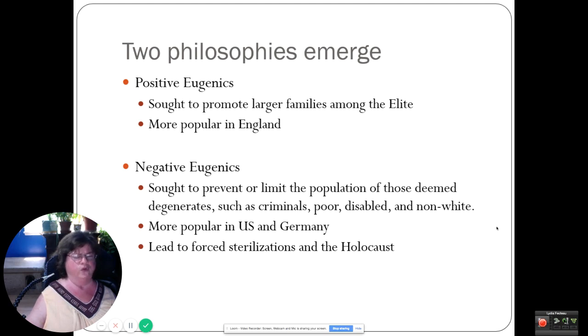So again, if you're trying to make the human race better, and your idea of better is blonde, blue-eyed, thin, tall, intelligent, physically fit, wealthy, then the ones you want to get rid of are poor, non-white,